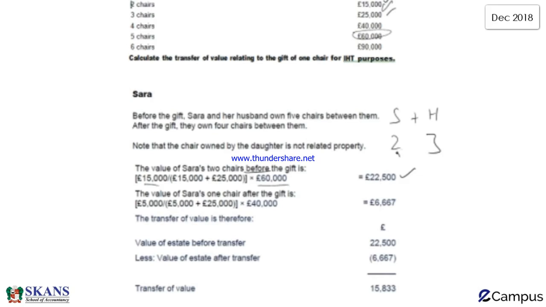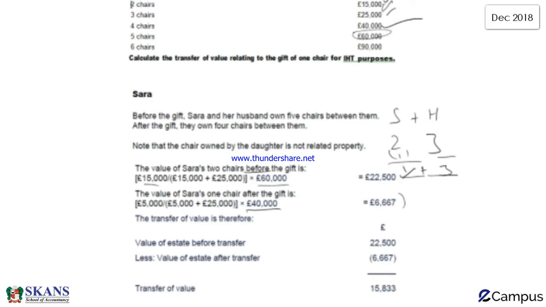Now, after transfer, she would transfer 1, and after transfer, will be left with 3 units of the related party, 1 unit of the client, and now we will apply the same formula again. And this time, related property will be 4 units, that is 40,000. So 40,000 into value of 1 chair over 1 plus 3. And so value of estate after transfer is